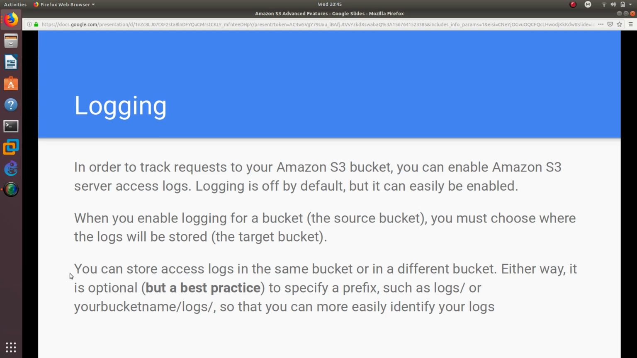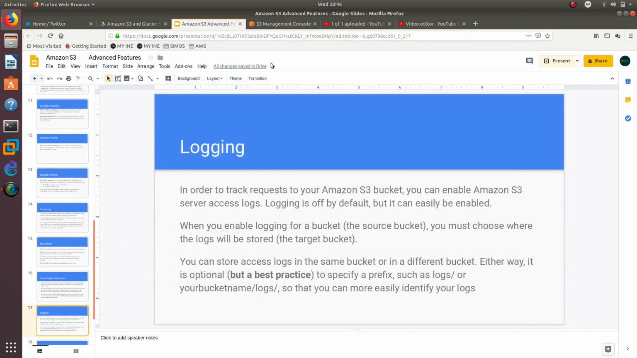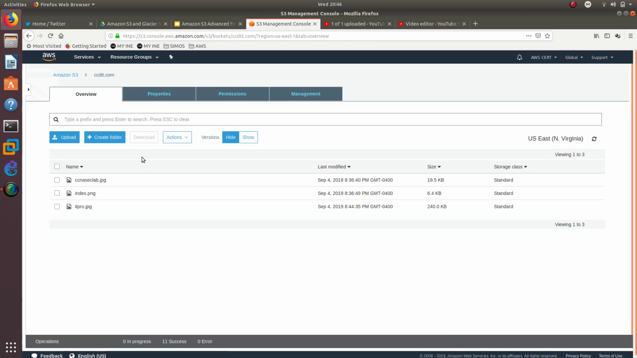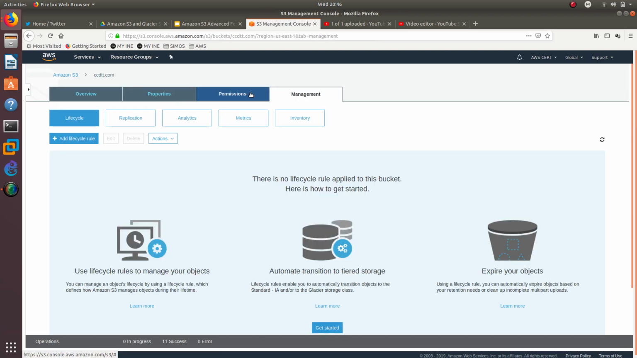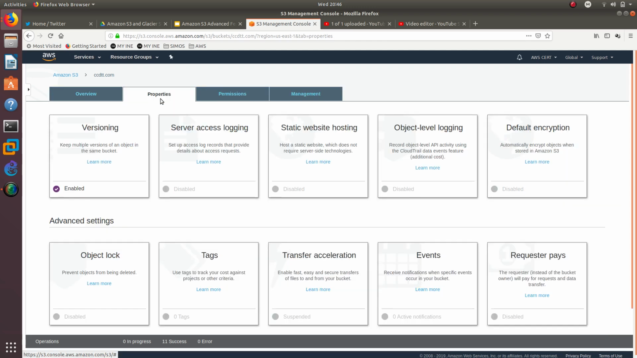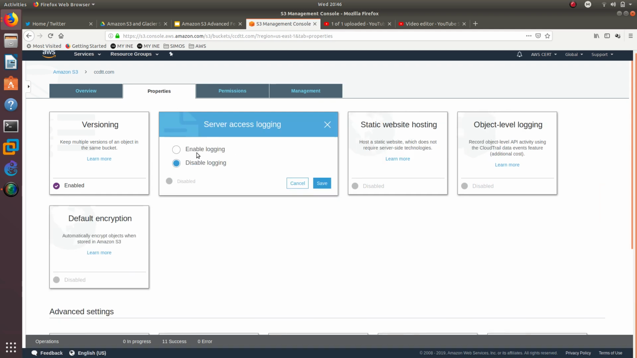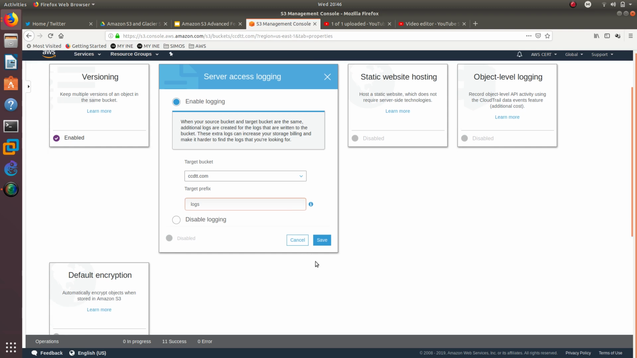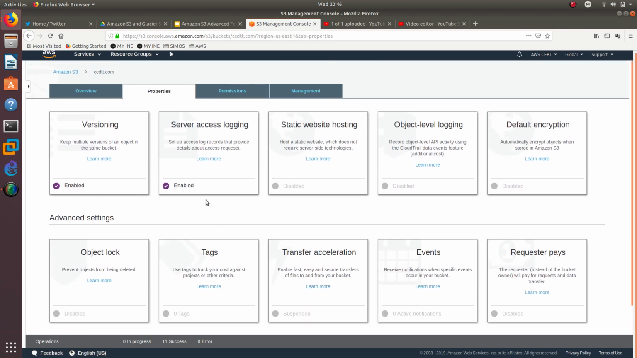easily identify the log. So let's go ahead and take a look at logging from the console. And let's go ahead to this bucket. We can go to properties, and here we go, server access logging. You can just enable it, choose the bucket, and we're going to create it. We're going to select logs, and let's go ahead and save it. So we have enabled logging,